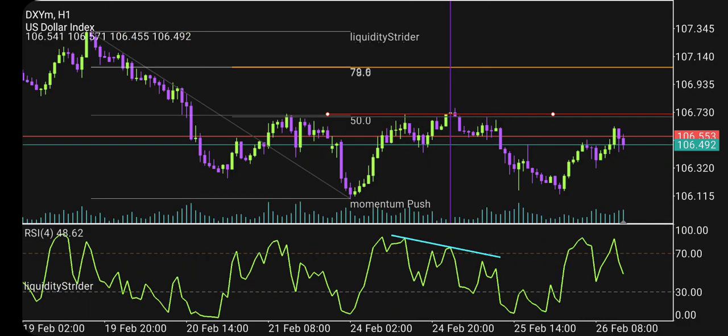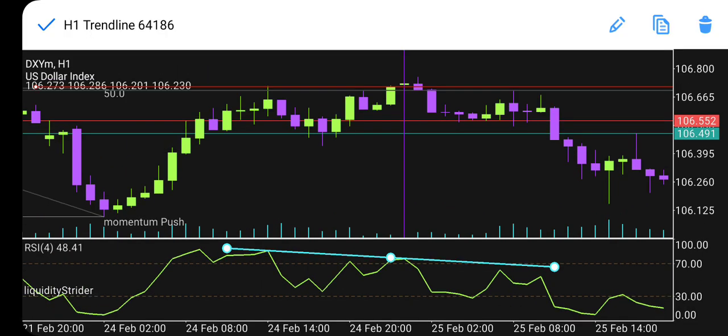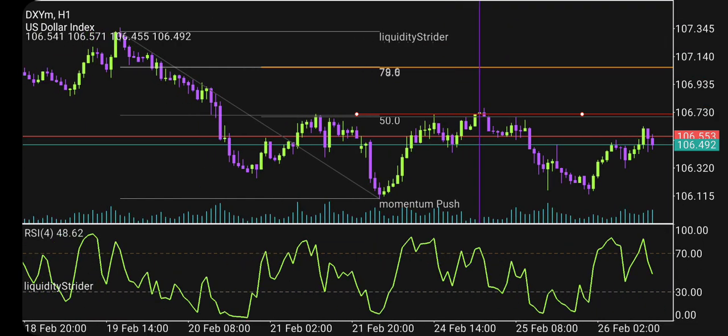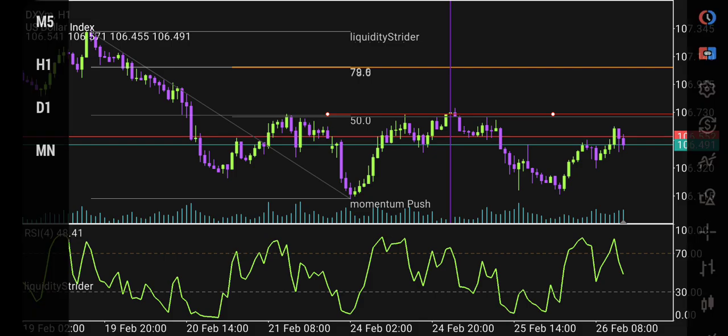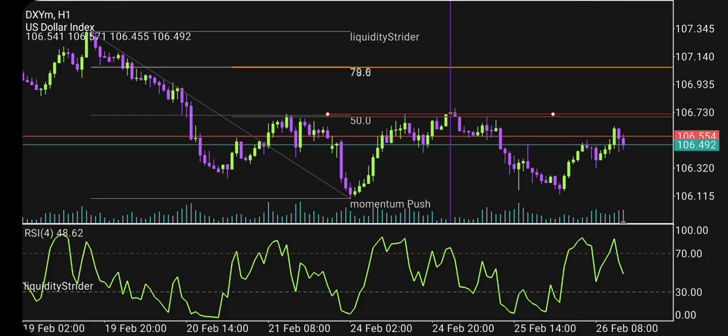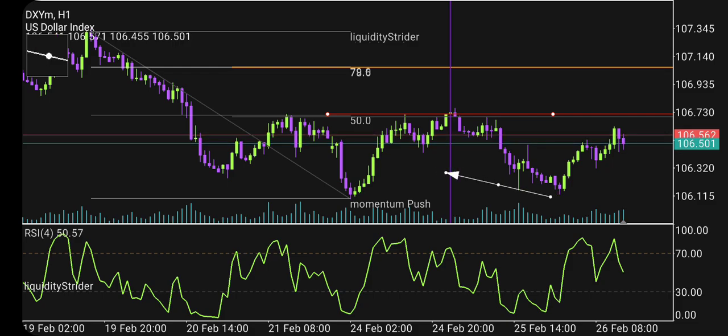Okay, sharp. So here I'm just going to delete this. Here we are on the vertical purple line, right, guys? We are on the vertical purple line. So after the purple line,